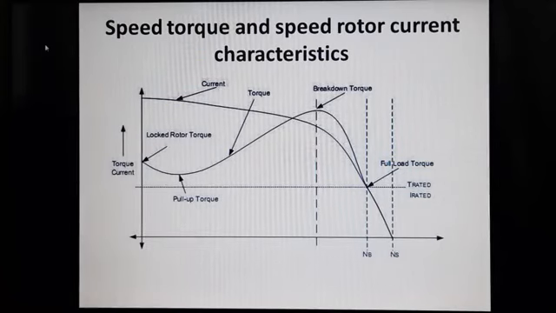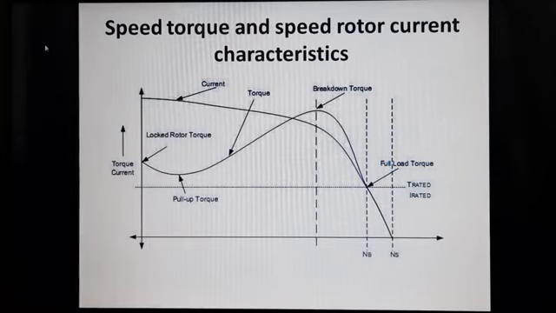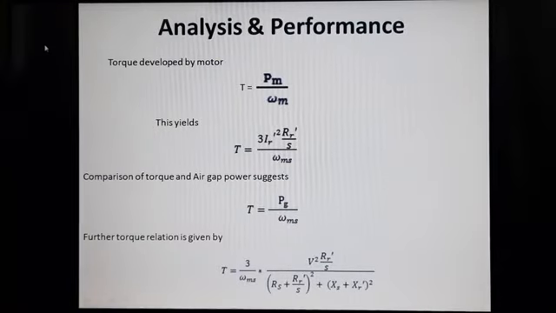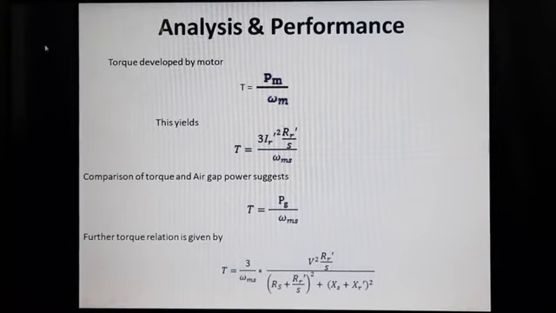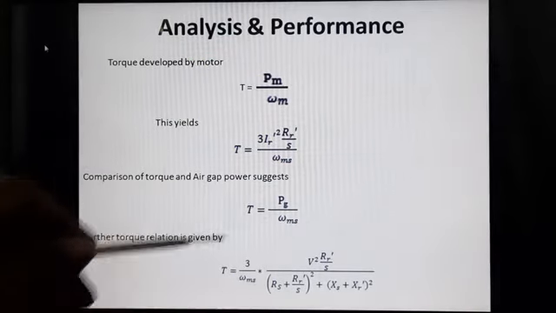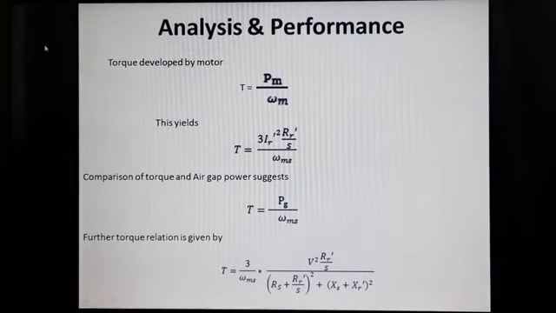Good morning, all. In today's session, we are going to learn about speed torque characteristics as well as rotor current versus speed characteristics. In order to learn that, you must be aware of the torque relation and current relation, how this torque is related with speed or slip, or how the current is related with the speed or slip. While looking into this torque relation and further simplifying it, you can obtain it as torque is equal to